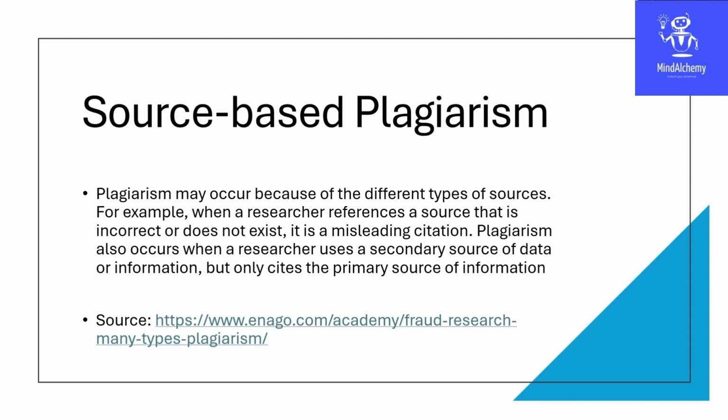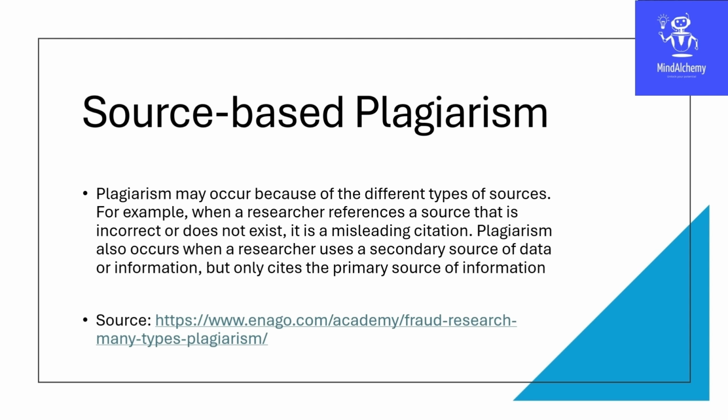And since the base paper is very similar in idea to the research paper which the researcher is currently working upon, the references from the base paper are probably copied into the new research paper, and the base paper is never cited in the original research. This is another kind of source-based plagiarism. In this case, the researcher is not really interested in showing you where the idea of his or her research actually originated. Rather, he points out several other secondary sources from where the base paper has referred the work of that particular research.